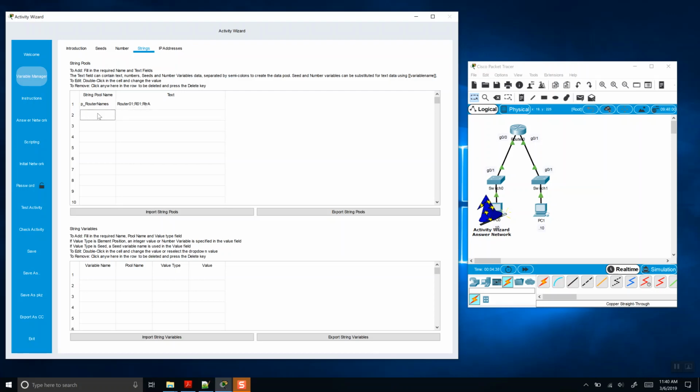I only have one router, so I just kept it general. And no, I did not type a space there. It's just a weird font thing. So for S1 names, I'm going to do switch 01, S01,